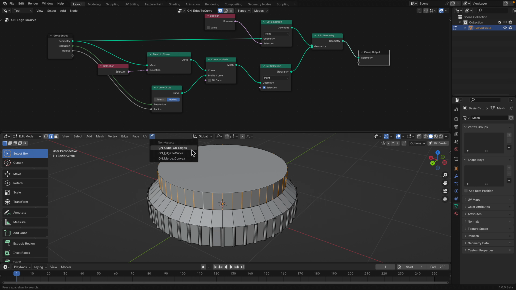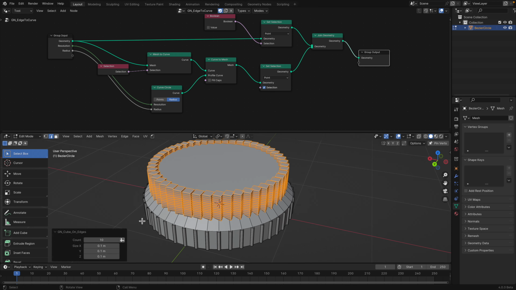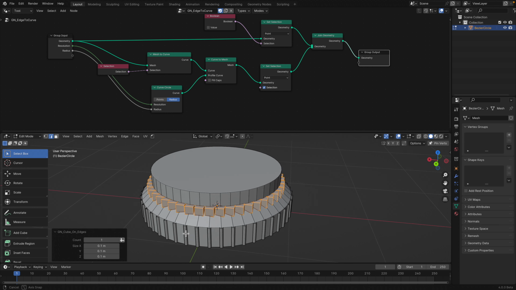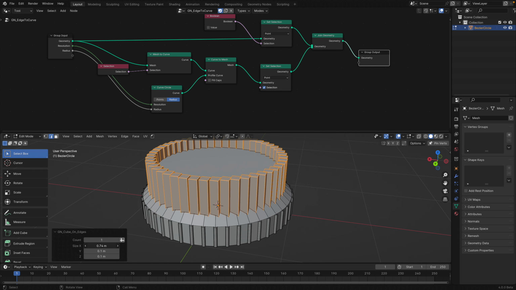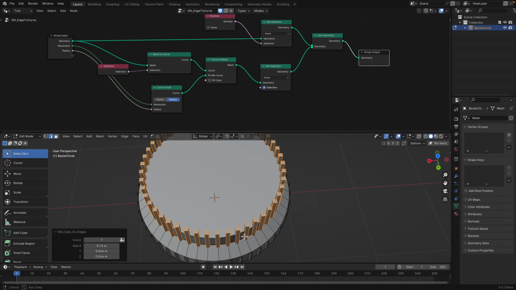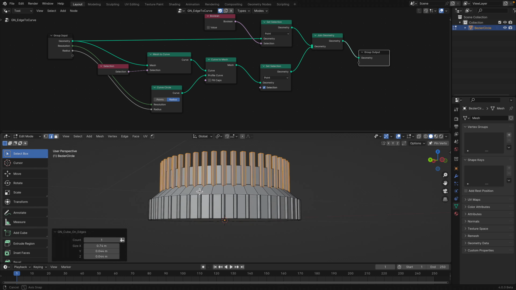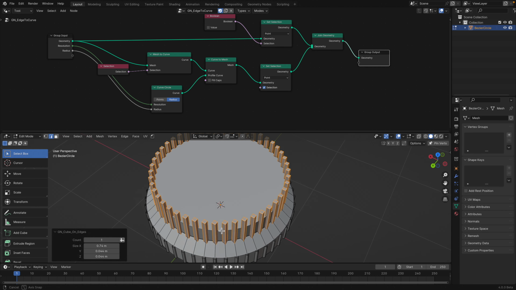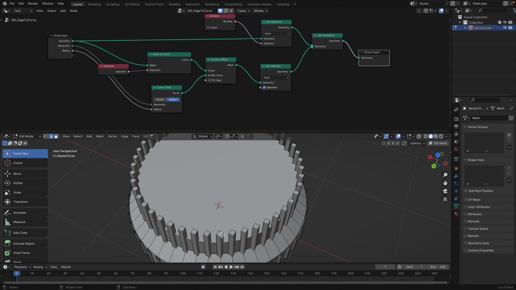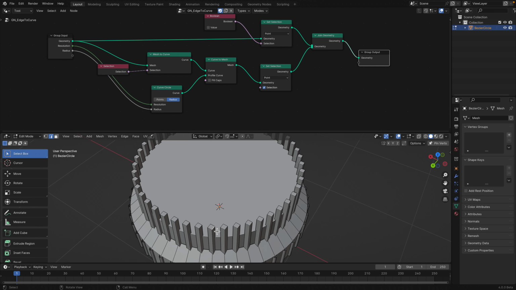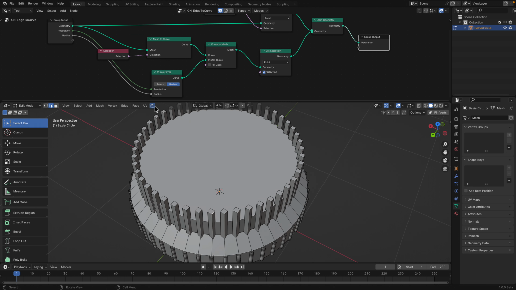And then let's do the cube on edge this time. Cube on edge. So yeah, indeed we have a cube on edge, one cube per edge. I can rescale it. Okay, so not perfect, but it's not bad. It creates some kind of fence. From here we can actually take advantage of the other one,